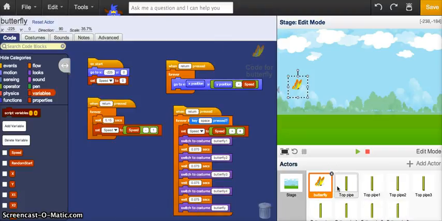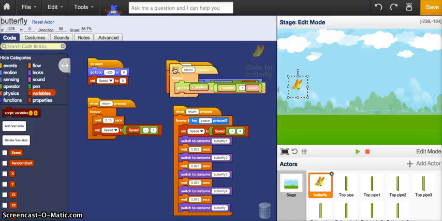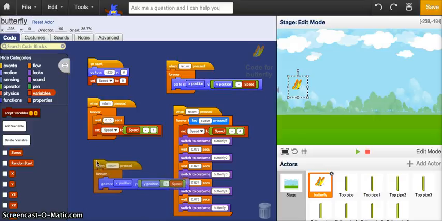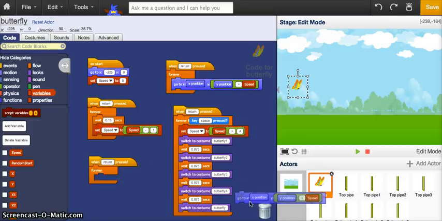clear my little Mac window thing. If you click on the butterfly or whatever your actor is, you see all the code you wrote from before. And we're going to add a new piece here. You can click this and copy and paste it just so we get the form down. Because we want to add a piece of code that says after we press the return key,